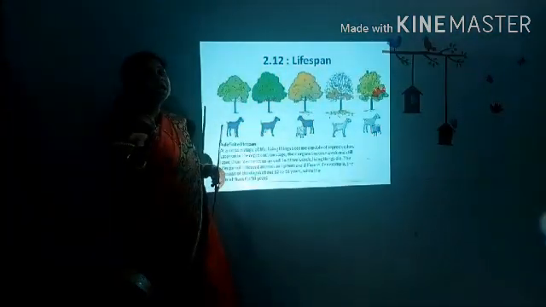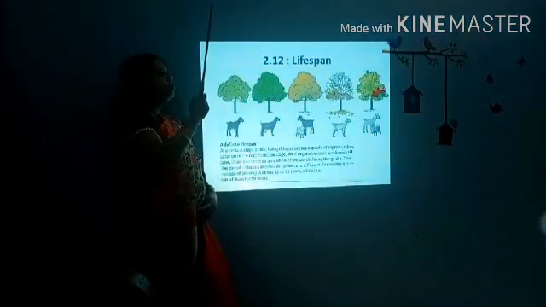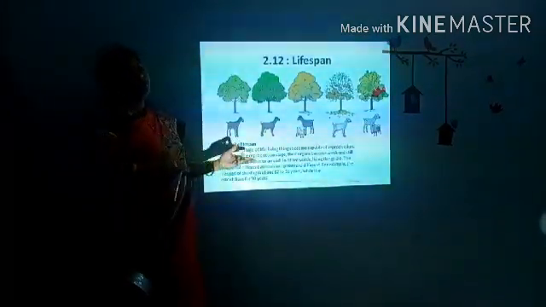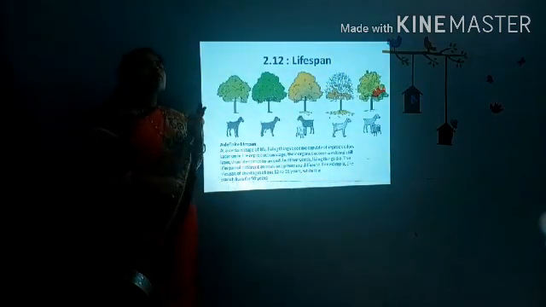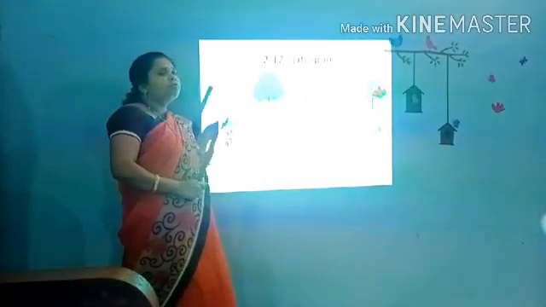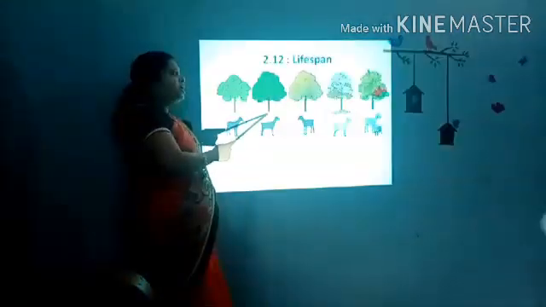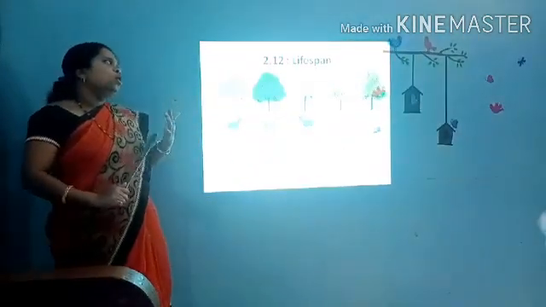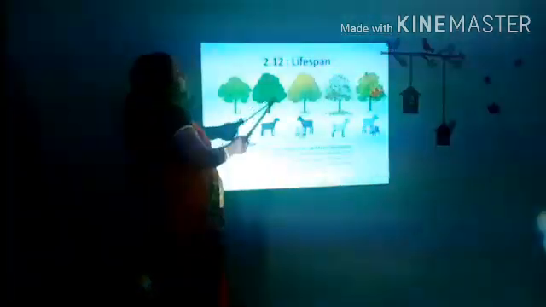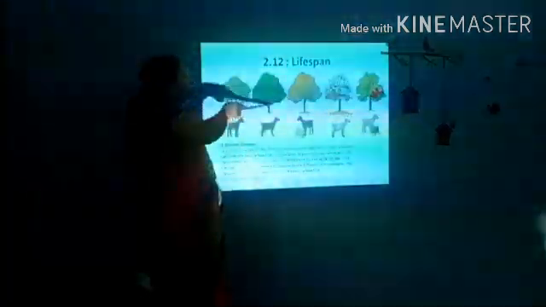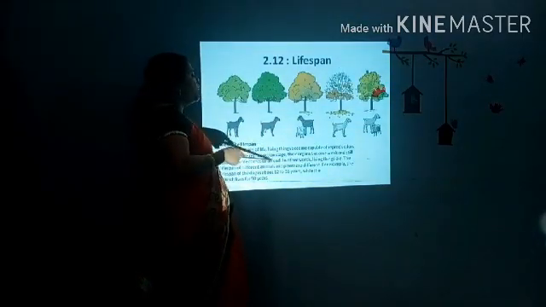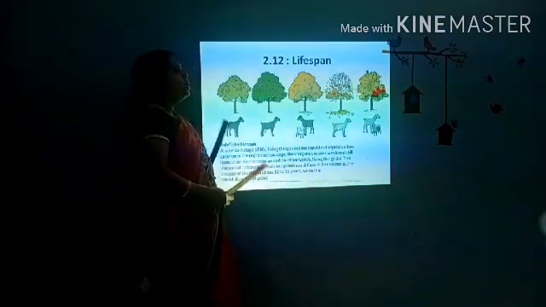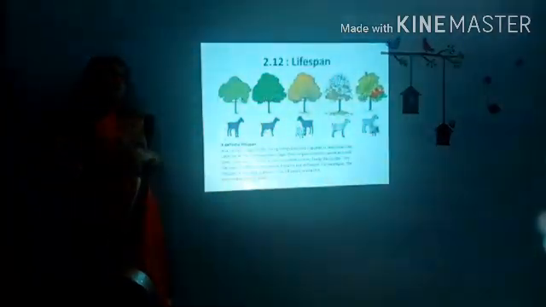That means we die. Here you can see, or sometimes we can say, when I was very young, this plant used to give many fruits. Now this plant is not able to give fruits. Why does this happen? Because as the days pass, the plant also becomes older and older. Here you can see a goat. As time passes, the goat also grows older. Like that, human beings also grow old.